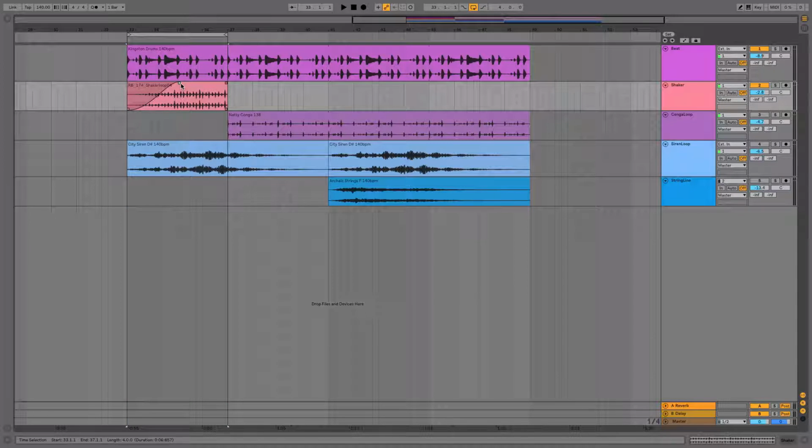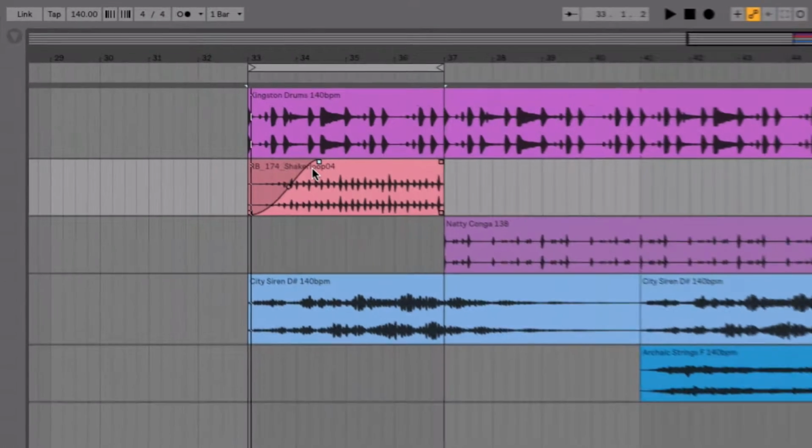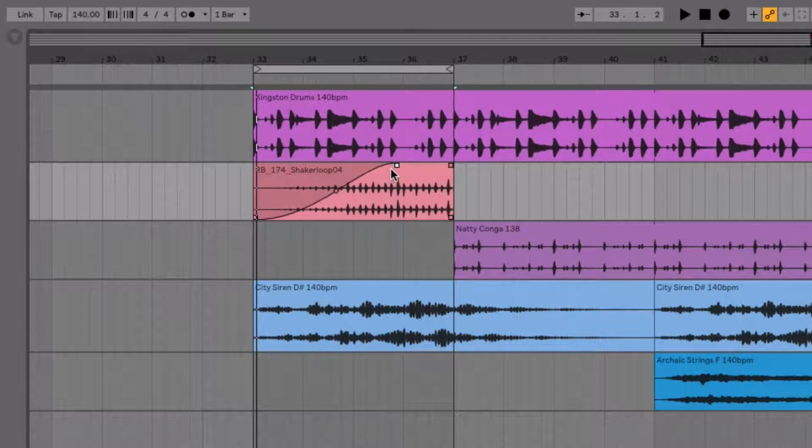Let's create a fade in on this shaker that we've got over the top of some drums. You can hear that slowly coming up and down, and you've got this visual representation of the waveform moving up and down with the fade in. And with the opposite on a fade out,